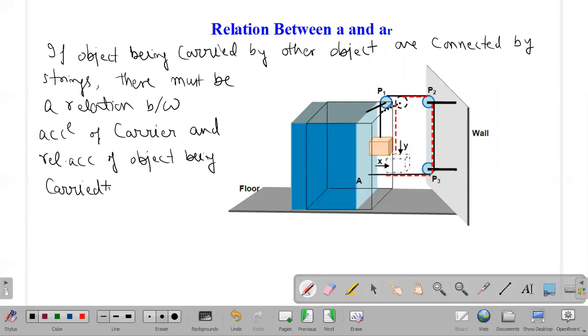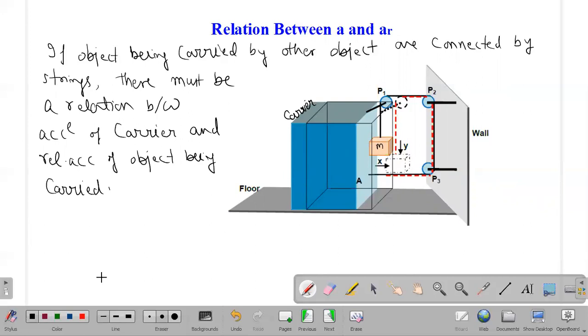These are some key points which will always help you in numericals. So in this question, capital M mass is the carrier. It is the bigger object, it is moving on the ground, and that small m mass is being carried. So the relative acceleration of the small m mass and the absolute acceleration of the carrier will be